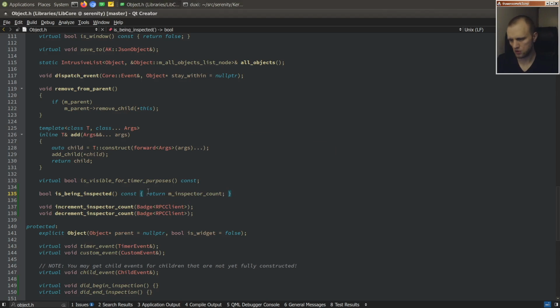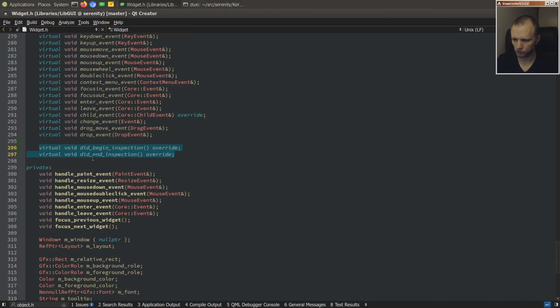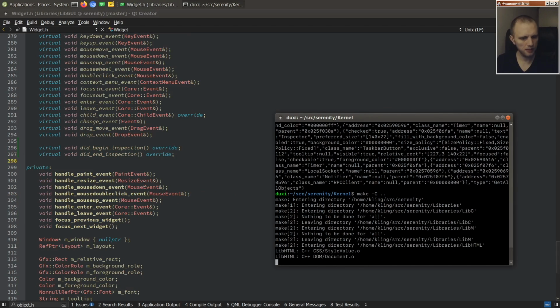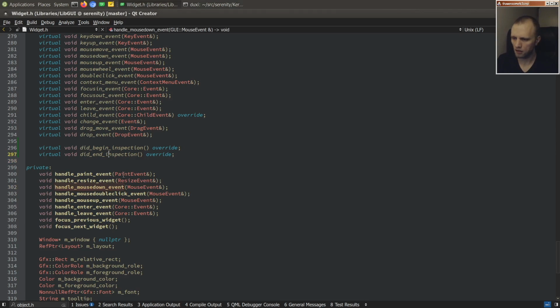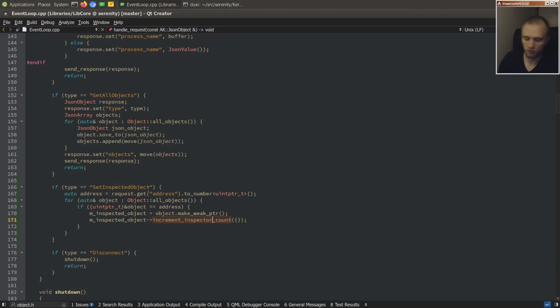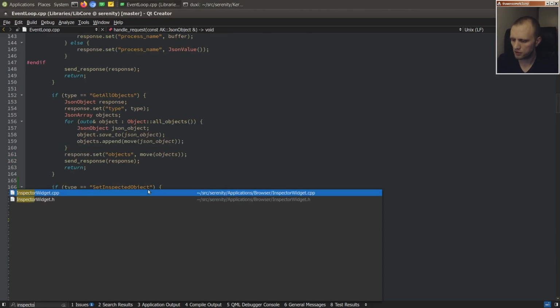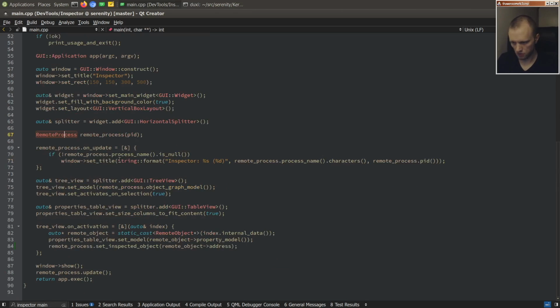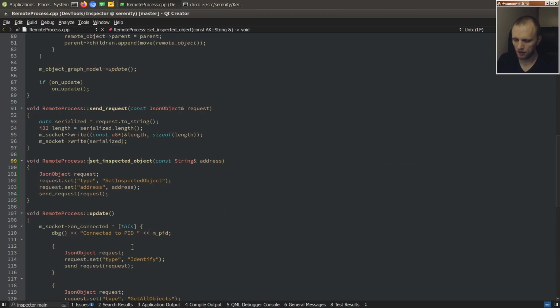All right. So, do we have everything in place now? I feel like maybe we have everything in place. We'll see. So let's follow the logic while it compiles. So when we activate something in the tree view in inspector, we'll now tell the remote process object set inspected object to the remote object address, and this will create a JSON object request with this type string and with the address we were passed, and then send it to the other side